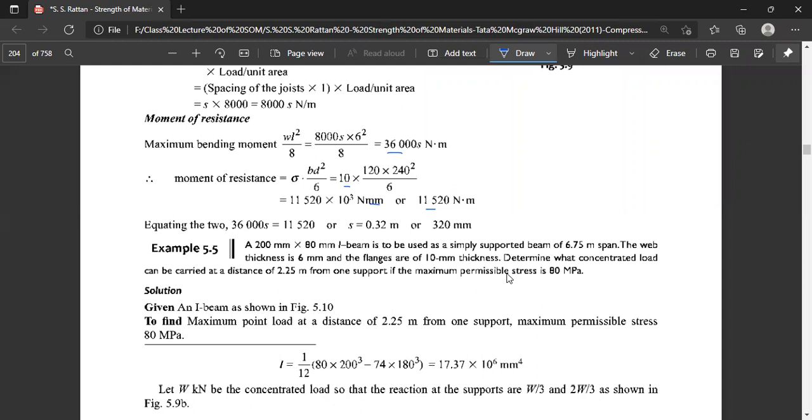So the cross-section of the I-beam is 200 millimeter by 800 millimeter. The width is equal to 200 millimeter and the depth is equal to 800 millimeter. The I-beam is used as a simply supported beam of 6.75 meter span. The web